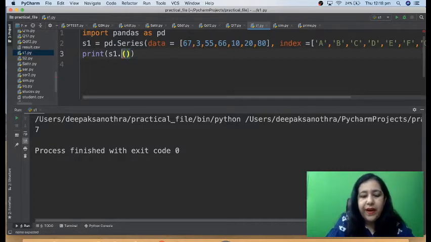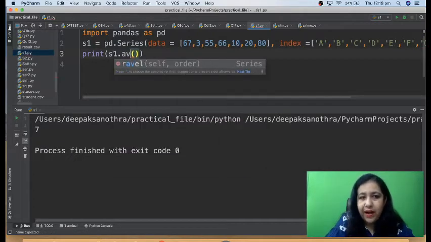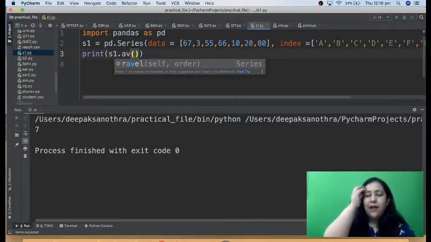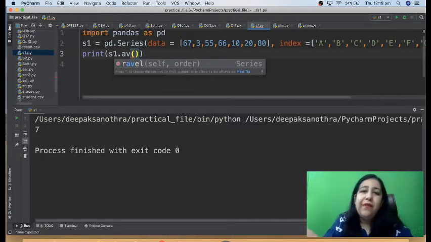Now if you have to find the average, see, when I try typing average, it doesn't show me anything. That means there is no function named average. So how will you find the average? Write in the comments, hurry up. If I don't have a function for average, is there any way I can calculate it? If I can, what should I write? Write that in the comments below.